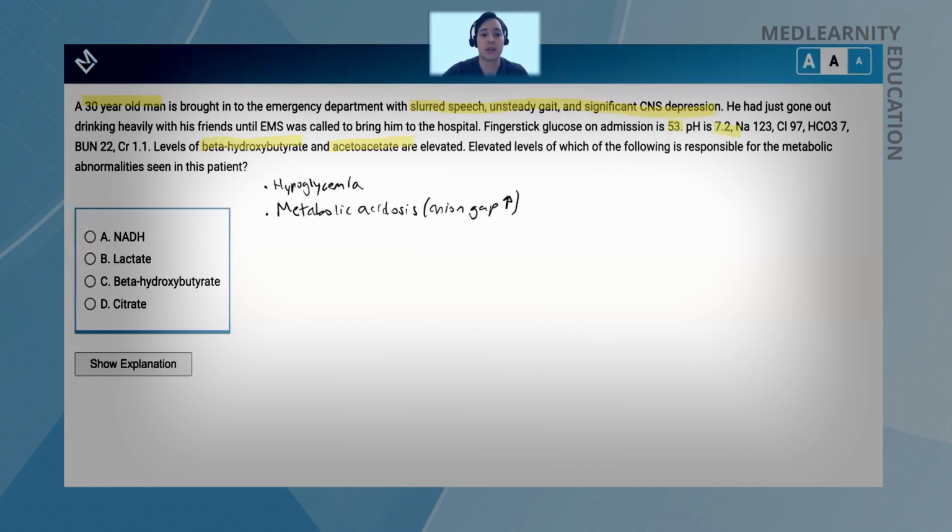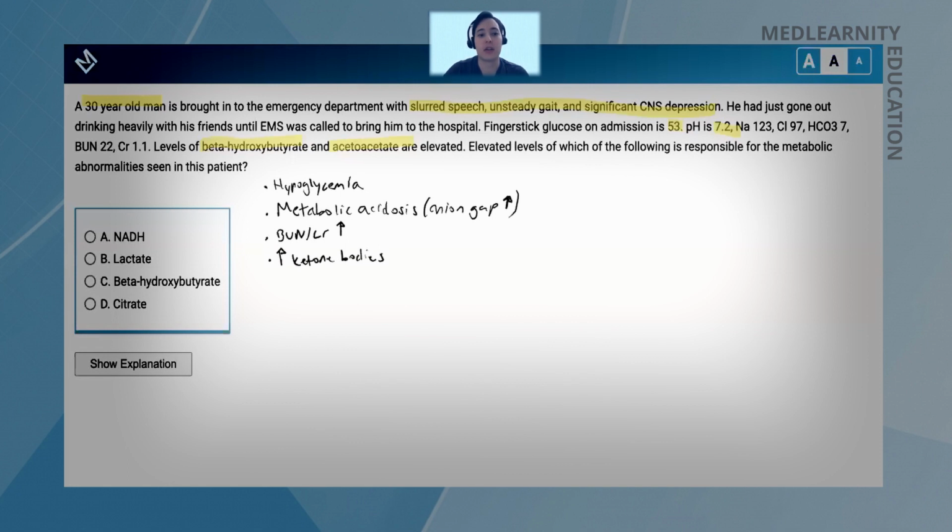And as you probably know, the mnemonic MUDPILES will give us a differential for some of the potential causes of a high anion gap metabolic acidosis. BUN 22, creatinine 1.1, so we can also calculate the BUN creatinine ratio, and if it's above 15, or above 20 is usually the right number to use, then we say there's a pre-renal azotemia. So maybe this patient's a little bit dehydrated as well, but it's not a central part of this question. The BUN elevation is not too high, but we can say that it is a little bit elevated. And then elevated ketone bodies.